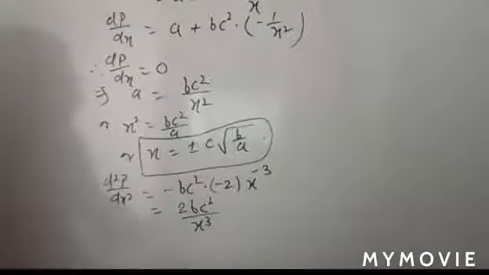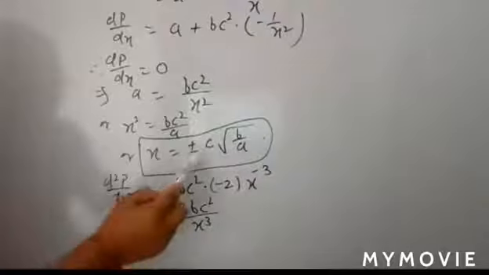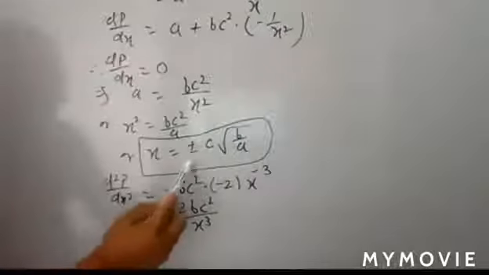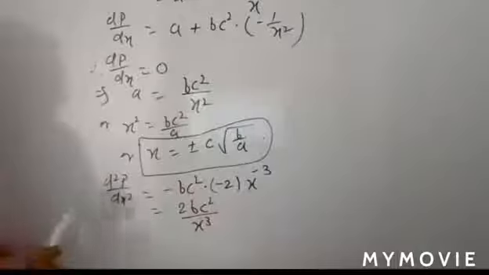Your question is you have to find the minimum value of the expression ax plus by. So what is the condition here? The sign of the second derivative is positive, meaning greater than 0. So here you have two values of x, and here you have x cube. If you are taking the positive value of x, then no doubt in that case it becomes positive. If you are taking a negative value of x, it becomes negative, because here x cube is there. So you only have to put its positive value. That's why you get the sign of the second derivative as positive.